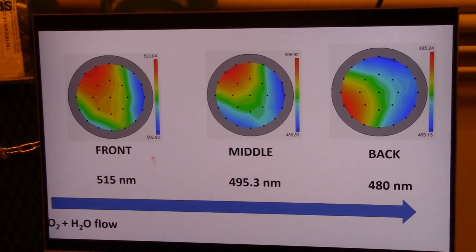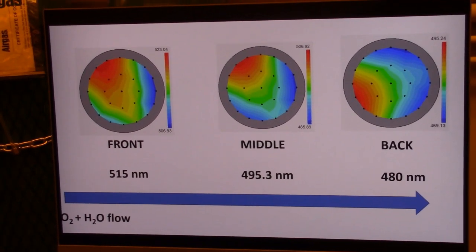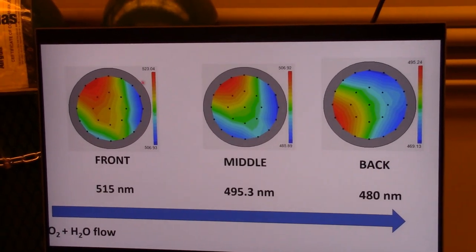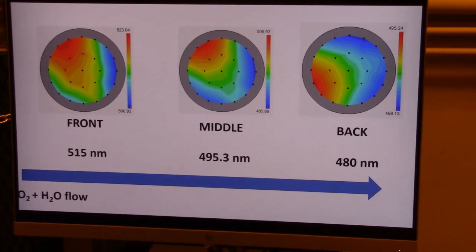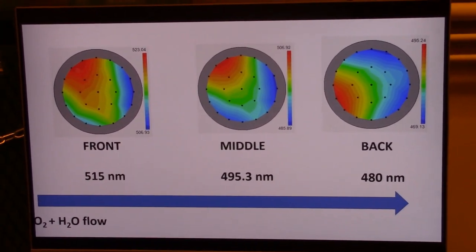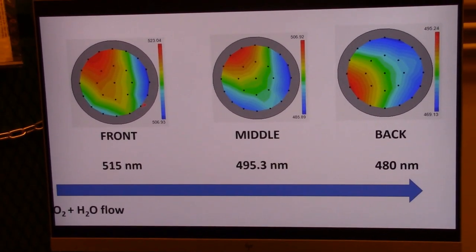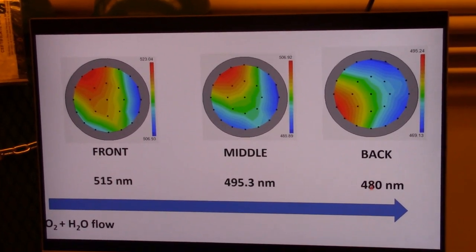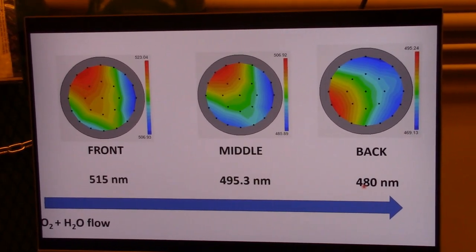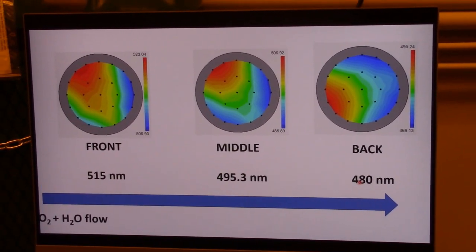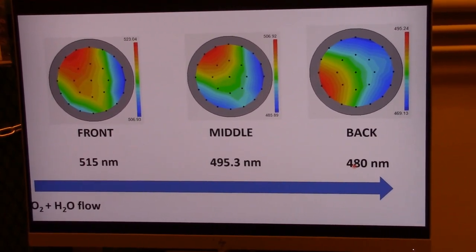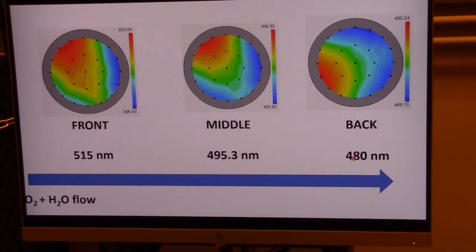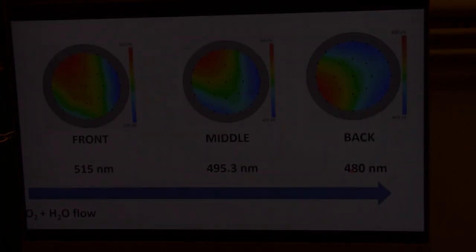This could be due to the flow. As you can see, it is slightly thicker on one end and gets slightly thinner towards the edges. So there's definitely slightly higher flow here compared to the rest of the wafer. You can also see the thicker oxide in the front of the wafer as opposed to the back side, as in the third wafer, which is probably due to not enough water vapor reaching the back side of the wafer, which could result in a slightly lower growth rate over the time that we measure.